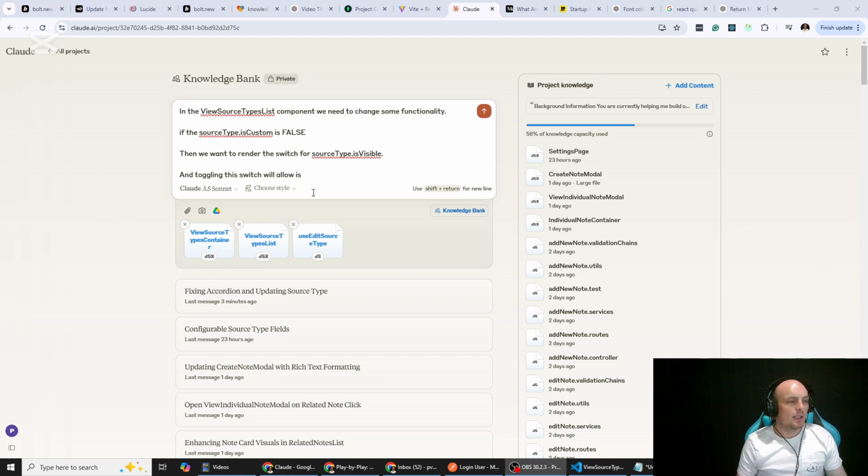and toggling this switch will allow is source type. Okay. In the view source types component, we need to change some functionality. If the source type dot is custom is false, then we want to render the switch for the source type is visible, and toggling the switch will send call